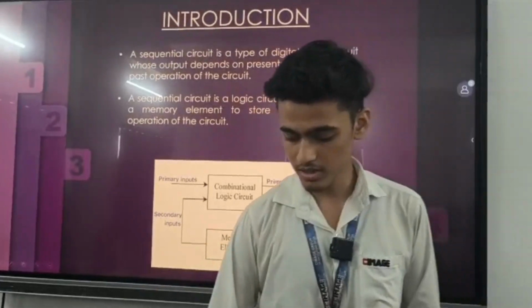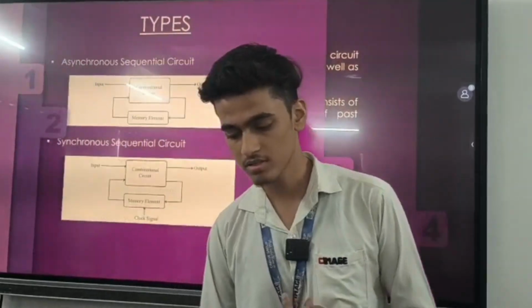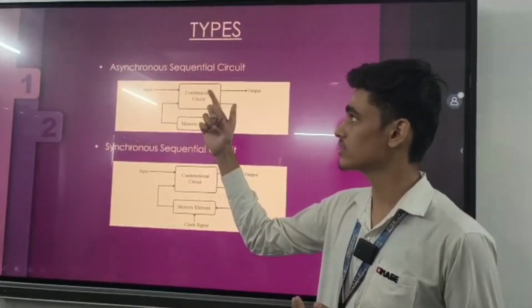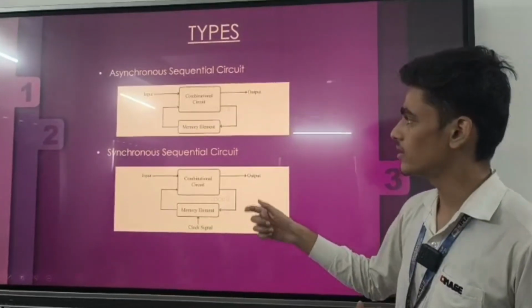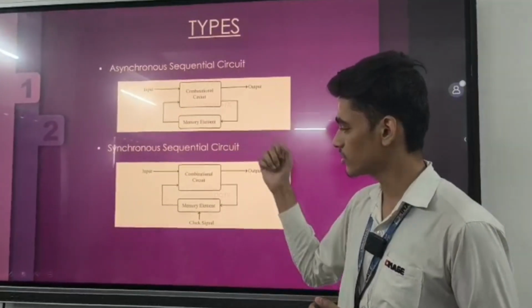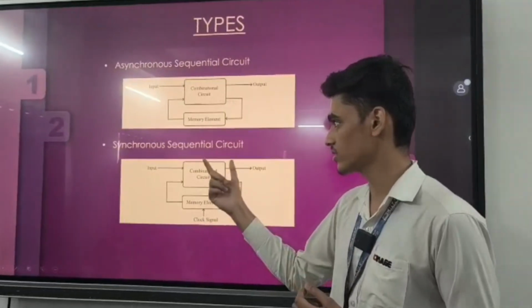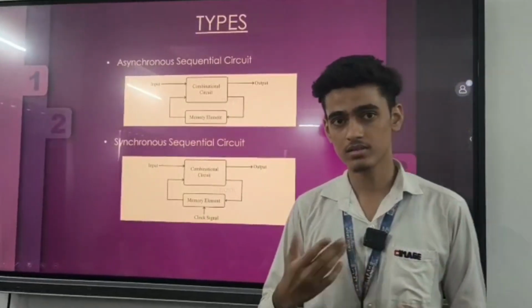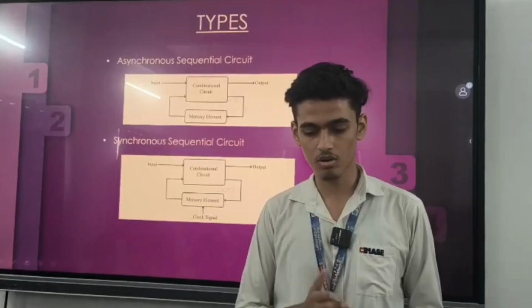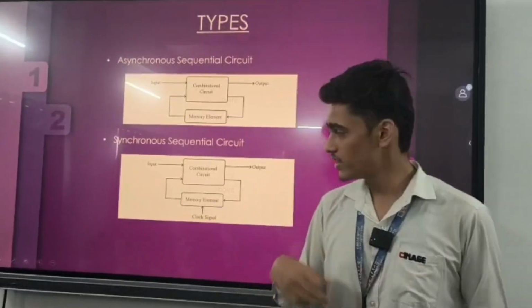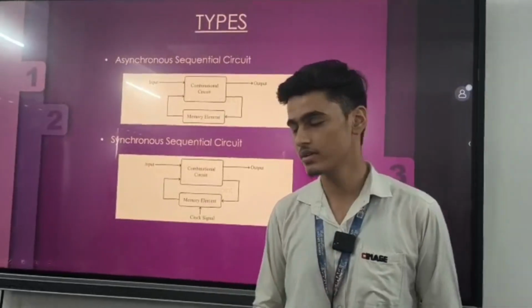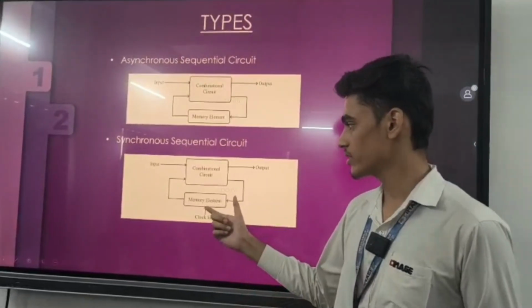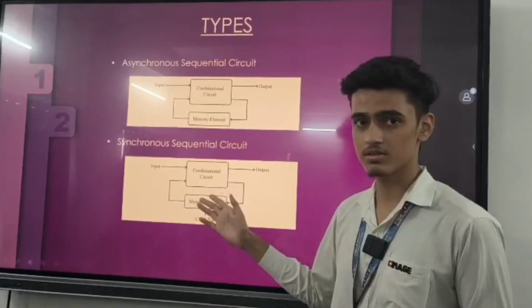And there are basically two types of sequential circuits. The first one is asynchronous and the second one is synchronous. Here are the diagrams of both of them, and the main difference you can see is that there is a clock present in the synchronous circuit, which sends a signal to the circuit that controls all its operations, and that makes the timing of this circuit very predictable, and the operations are very well coordinated. So it makes the interface of this circuit very easy to design.